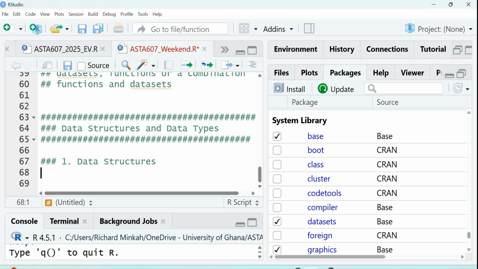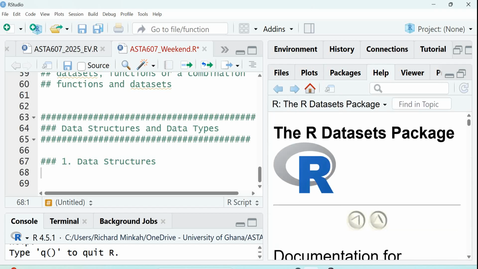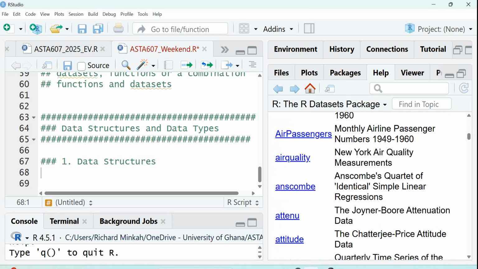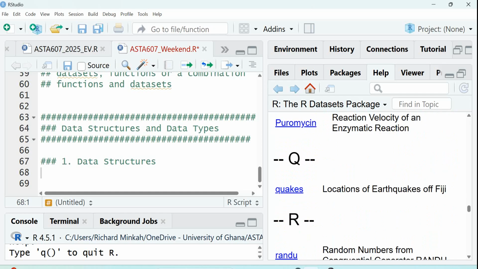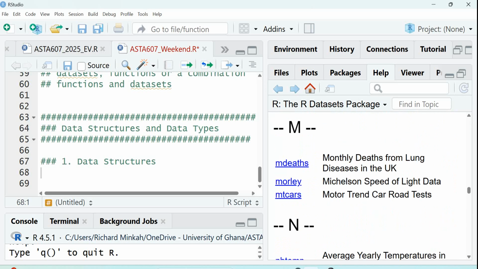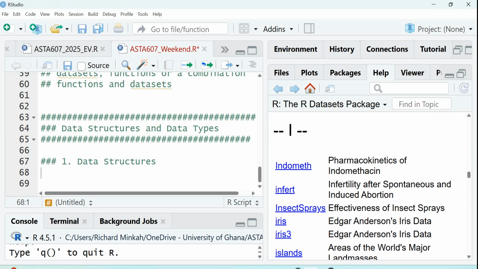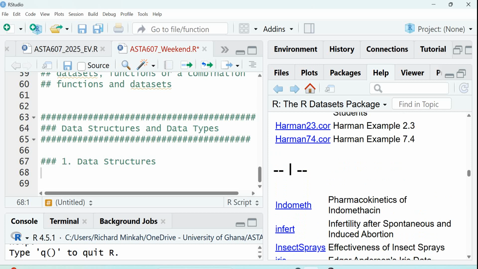Okay. So data structures. Now, let's go to data sets. Click over here. In your system library, you see data sets. Let's go through. These are real data sets in R. Okay, so let's look at,